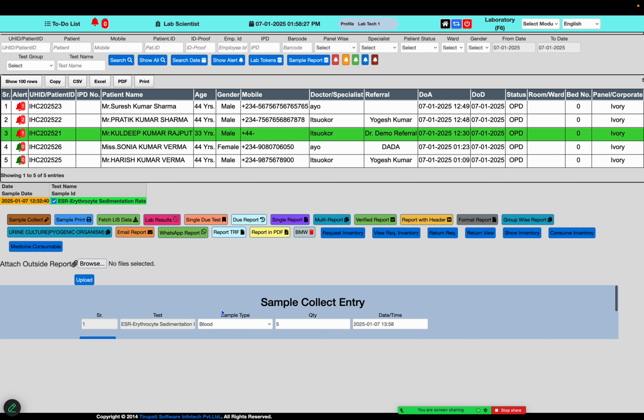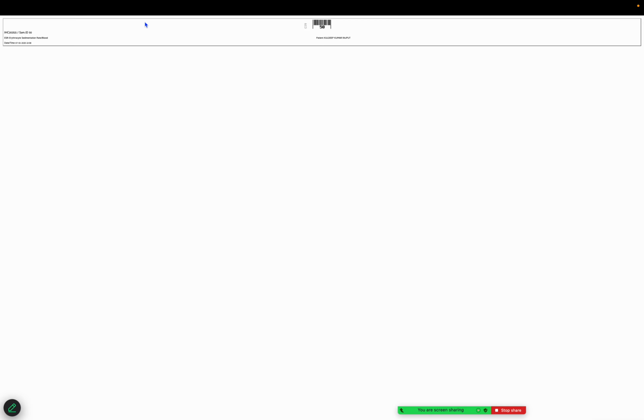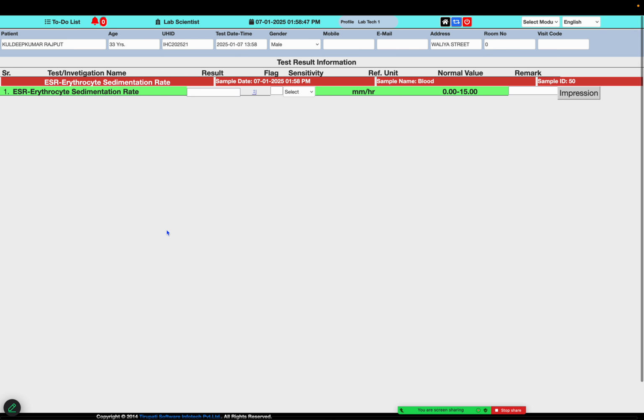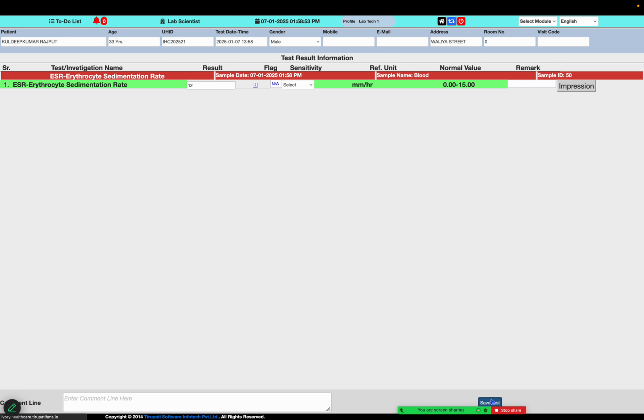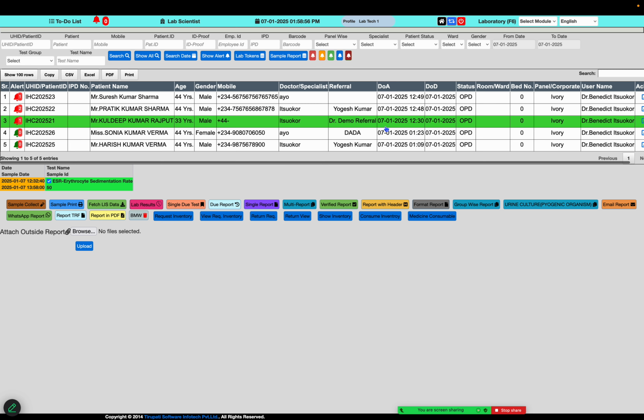So if we want to do sample collection, he will not be able to make the billing, because he is a junior level user, so patient billing is not available for him. He does just sample collection, and after completing the sample submission, he will be able to prepare the lab report by clicking the lab result window. He will enter the result, save the record in the software, save the test, and the report can be generated, like this way. So this will be his duty in the system, and he can perform service requests and normal requests for inventory, housekeeping, like that.